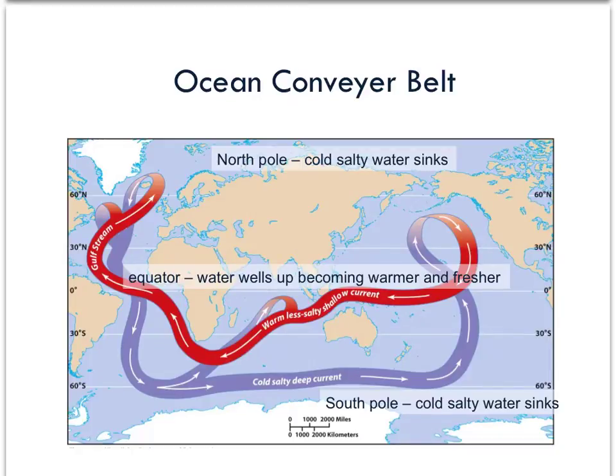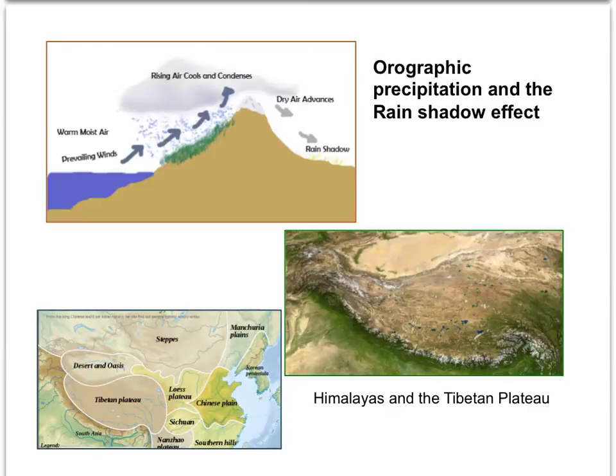The other factor that's going to control climate is mountains, orographic effects. And that can be seen here in these diagrams. This is what you would see near Seattle, Washington, for example. You have the Pacific Ocean here. Here would be Seattle, Washington. And then here you have the Cascade Mountain Range.